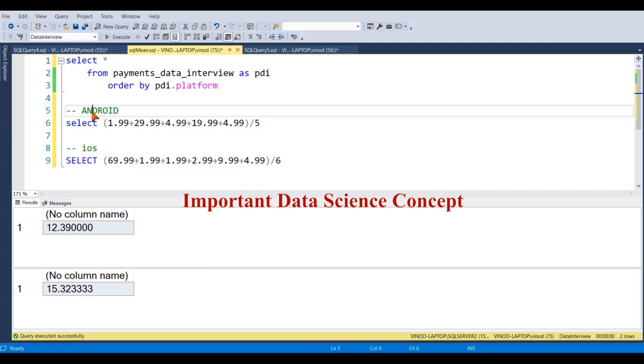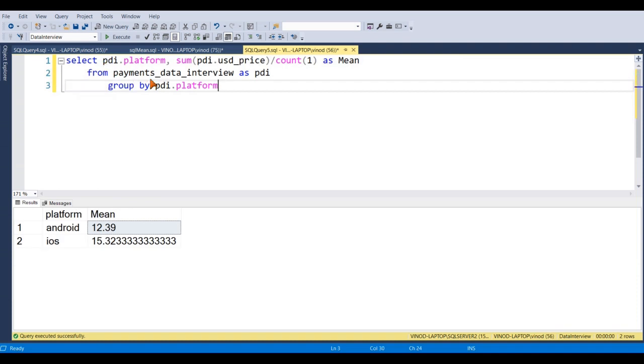Now let's understand how we can write a SQL query that will give us the same output. So here is the query. You are going to take advantage of the group by clause. Group by we have to perform on platform.